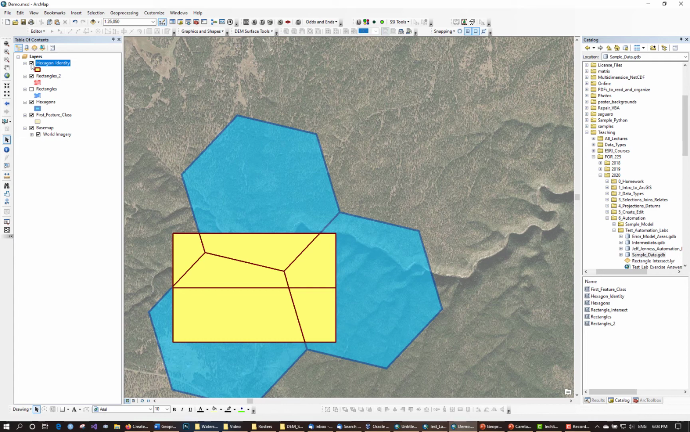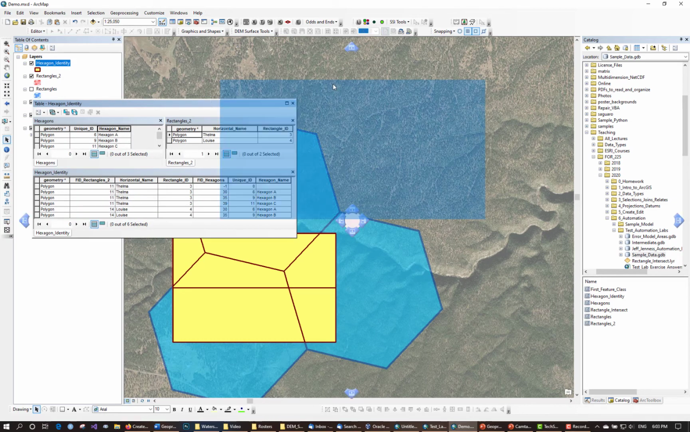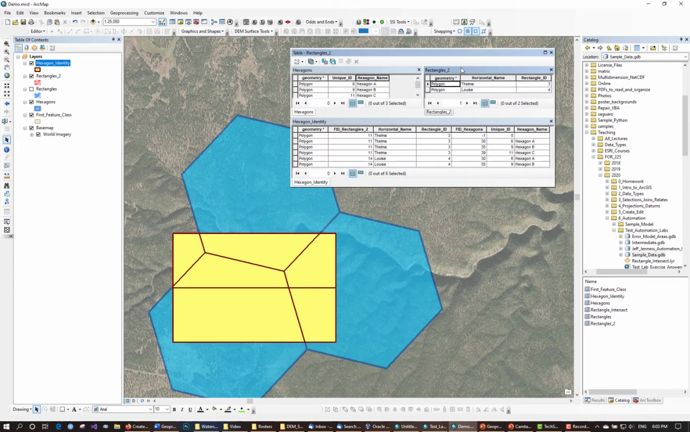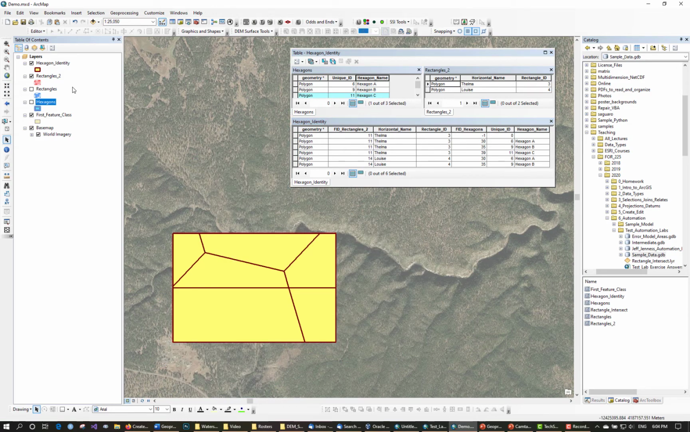So the geometry is easy enough to understand, but it's again really important to know what is going on with the attribute values. Here are the attribute tables for the respective feature classes. Here's our rectangles. Again, we have Thelma on top, Louise on the bottom. But we also have these hexagons. We have hexagons named A, B, and hexagon C. Our new feature class, that is the identity feature class, is, let's turn off the hexagons there. The new one has 6 polygons,